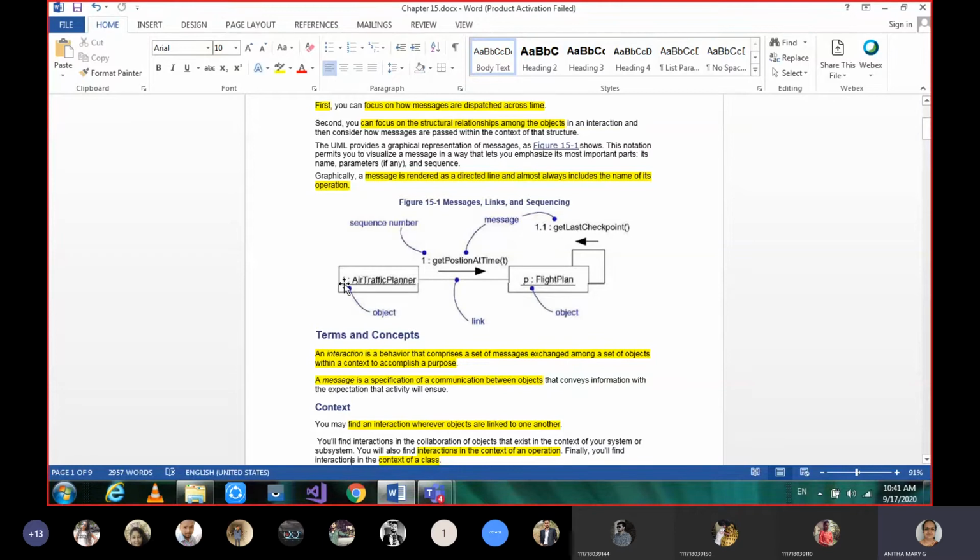Here object T of TrafficPlanner and object P of FlightPlan communicate. T is asking the FlightPlan instance to get position at time. It can be booking a ticket or sending some message to the flight plan about how it has to work. This is what we call a message.